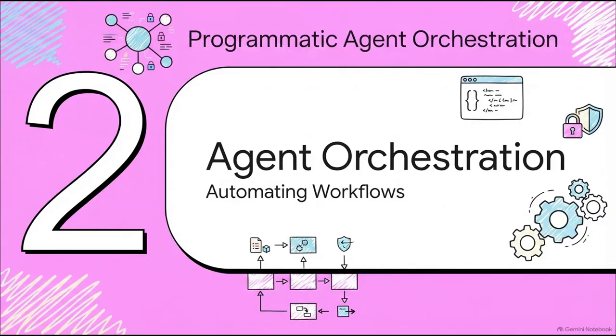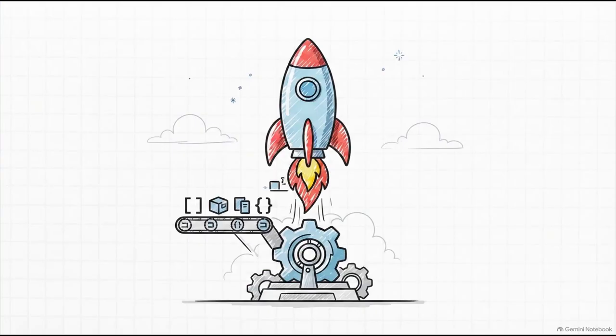Moving right along to Section 2, programmatic agent orchestration. Instead of relying on those manual chat interfaces, engineers are now using the google.antigravity SDK to initiate multi-agent runtimes entirely through code. You're setting up your clients, defining Pydantic schemas, and building out typed parameters to orchestrate automated workflows seamlessly in the background. You're completely done babysitting a chat window. You're building a resilient, automated machine.